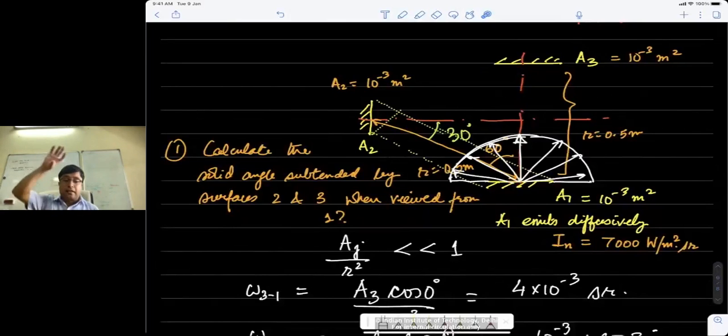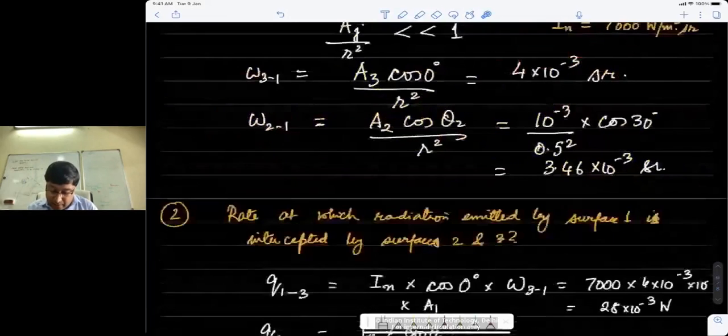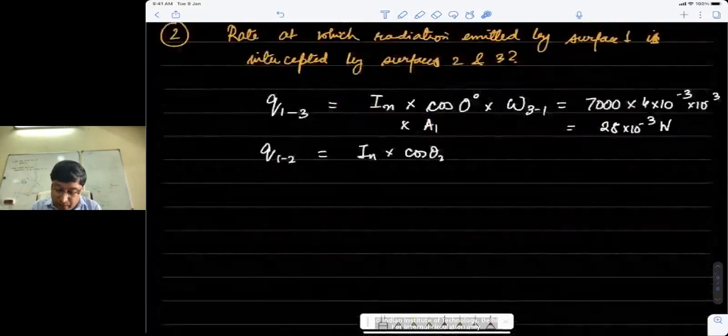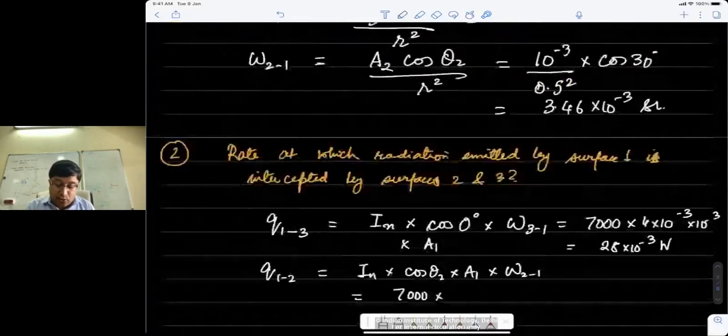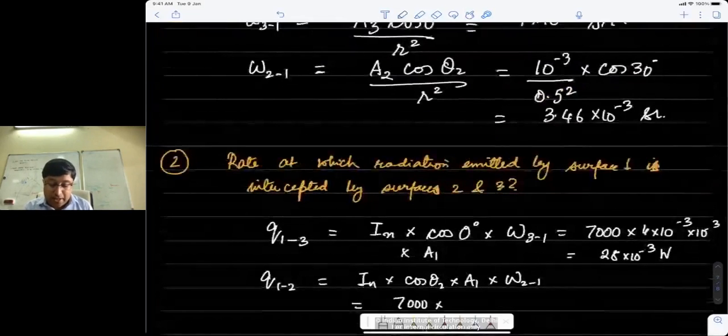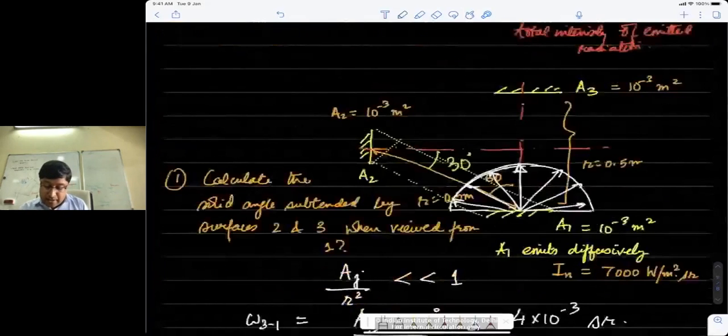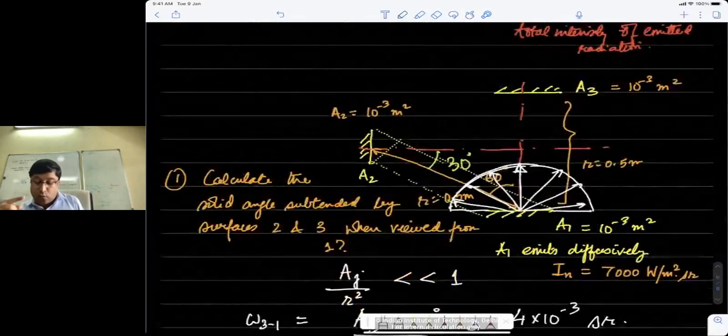Remember, the zenith angle theta is when you're viewing from that altitude, so theta is being measured in a certain way. Same thing happens here. If you look at Q1 to 2, we'll have In cosine theta 2 into A1 into omega 21. Now In is of course 7,000, but what is cosine theta 2 now? This is not the same cosine theta 2 that I've written here, and I'm being a little shoddy in my symbols. But when you're looking at emission leaving from surface 1,